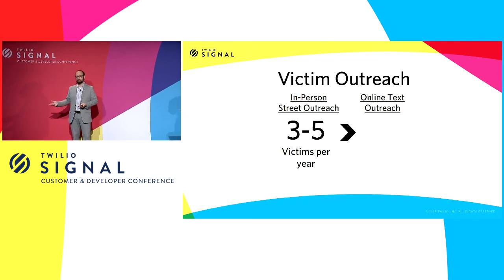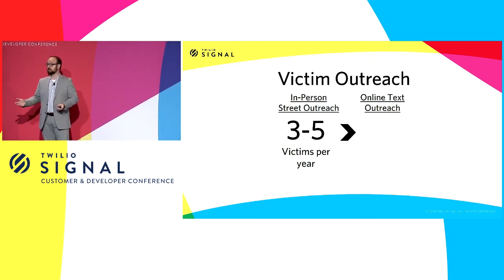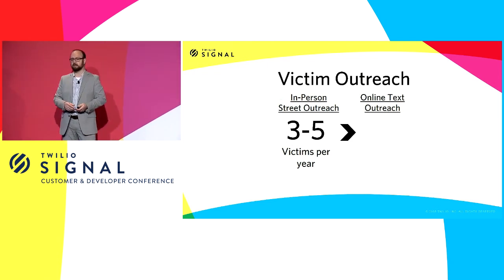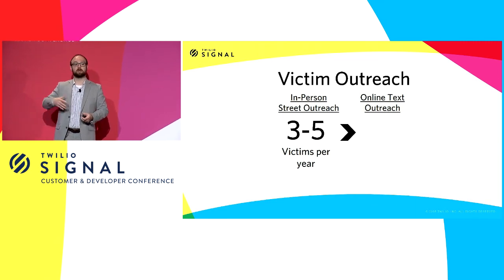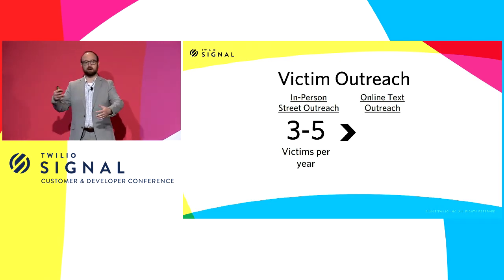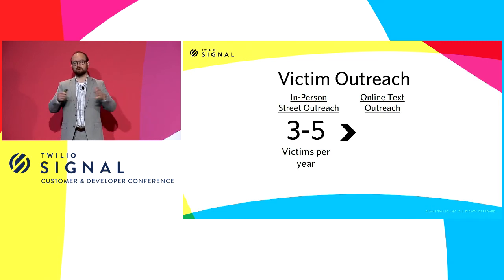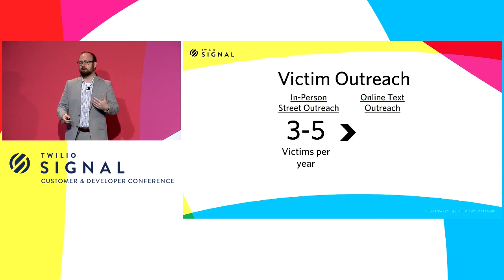When we started building this in 2016, we were working with nonprofits that were already reaching out to trafficking survivors. One of the ways they were doing it, and there's an organization like this in San Francisco and Oakland, is street outreach, in places where they knew street prostitution was happening. Locally in Seattle, there was a group that would get volunteers together, train them in how to be friendly and interact with people in street prostitution, and let them know about services that were available. They'd have maybe 50 volunteers over the course of the year, going out at night between 9 p.m. and 1 a.m. They'd have security folks with them, maybe off-duty police officers volunteering or former military. And over the course of a year, they would get 3, 4, maybe 5 people out of trafficking situations.